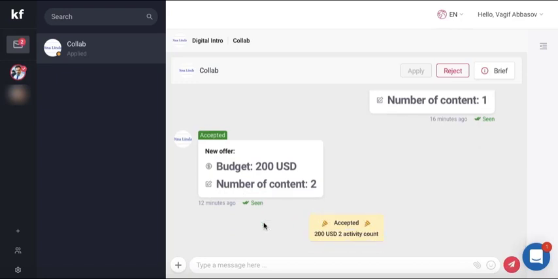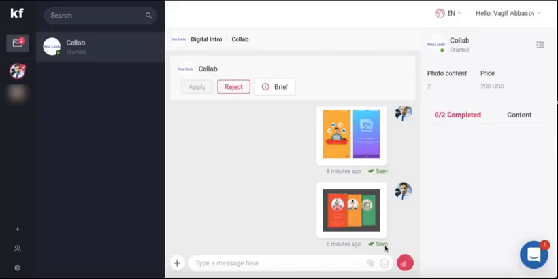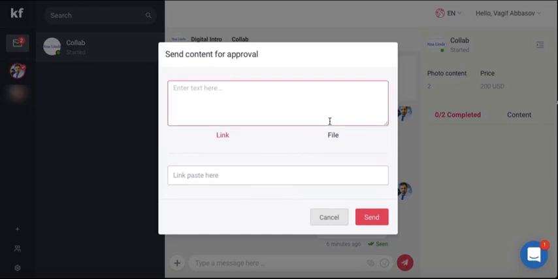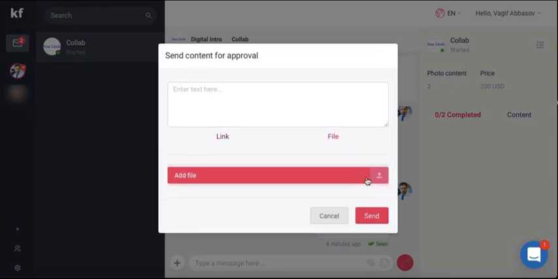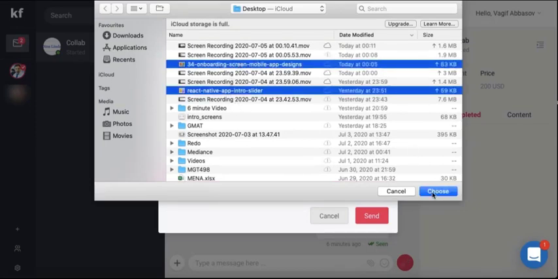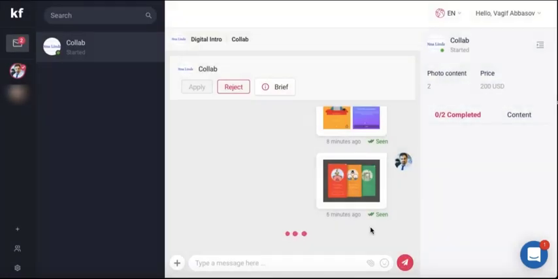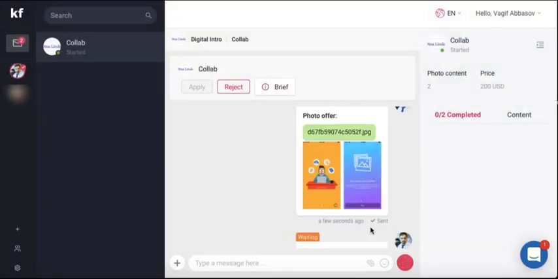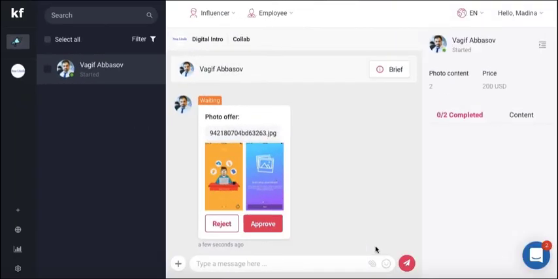Now, the influencer can send the content for approval once it is ready. When the content is ready, the influencer will send it to the brand for approval. Brands can approve or reject the content depending on its suitability. Once the brand approves the content,